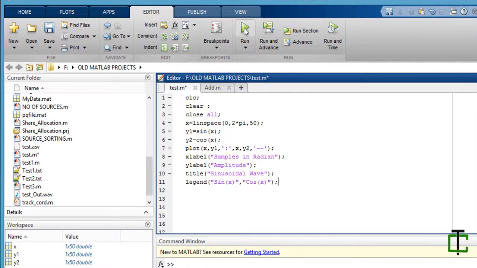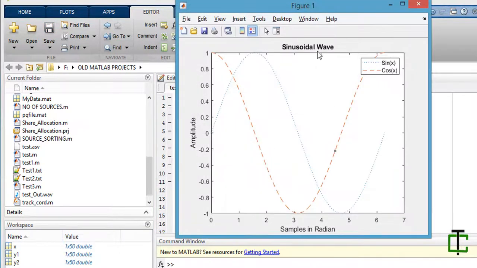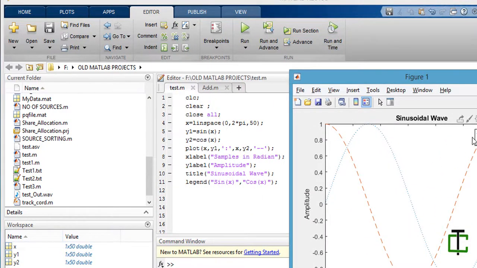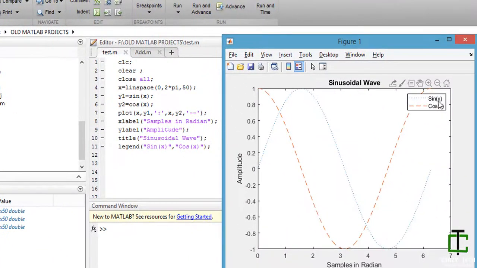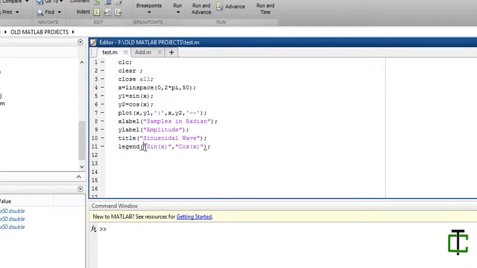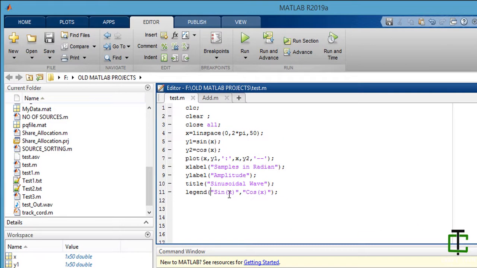Now run it. Here you go, that dotted curve is sin x and the dash curve is cos x. If you write something here in legend, it will intelligently assign the first string to the first curve and the second string to the second curve, and so forth.